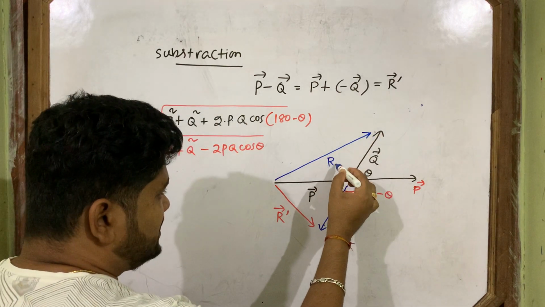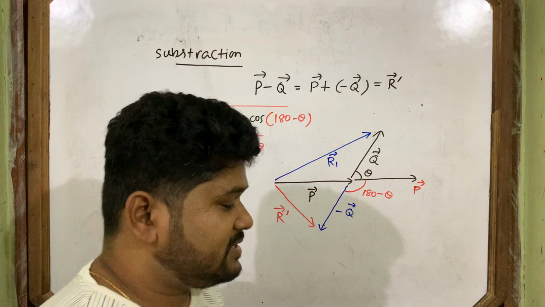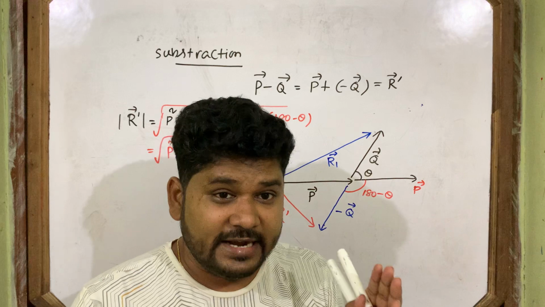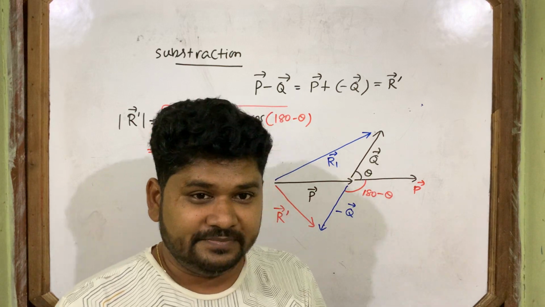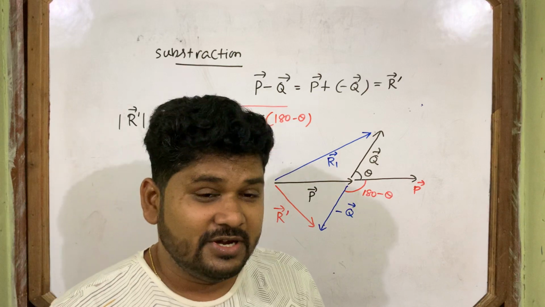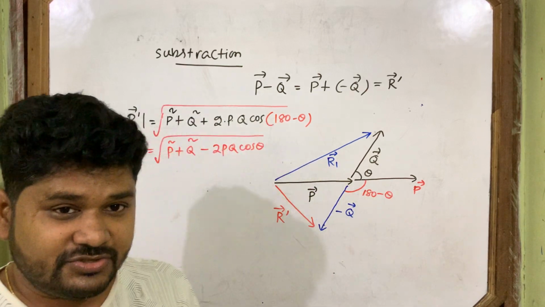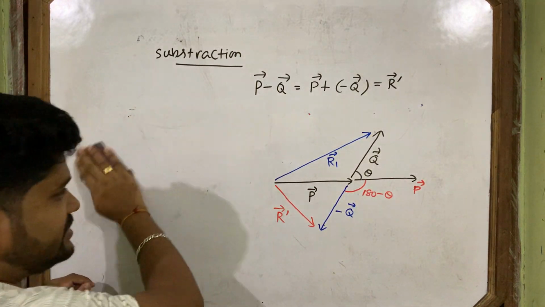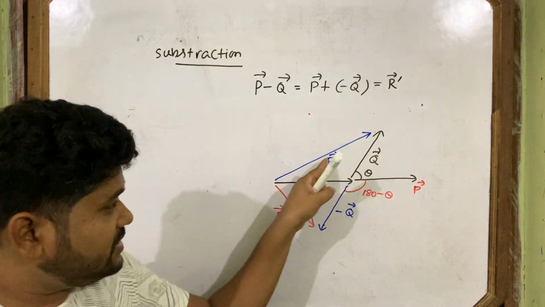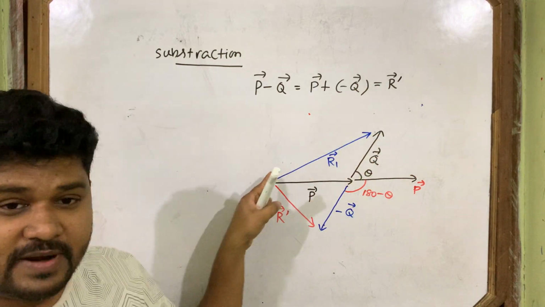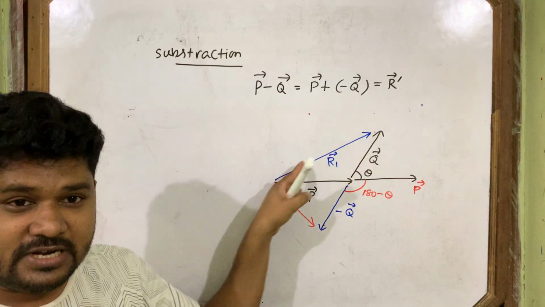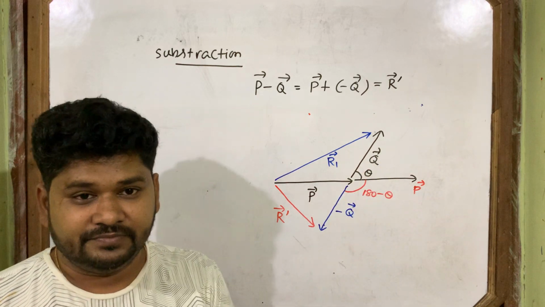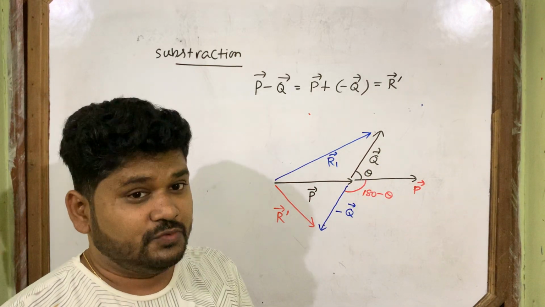Okay, you are thinking that sir got the magnitude of the subtraction resultant, then what more does sir want to do? Now let's see something new here. You will get one very good piece of information here which you will use to solve some questions. Okay, so this one you understood. I am erasing this one. Now blue is the resultant of addition. This red is the resultant of subtraction of P vector and Q vector.